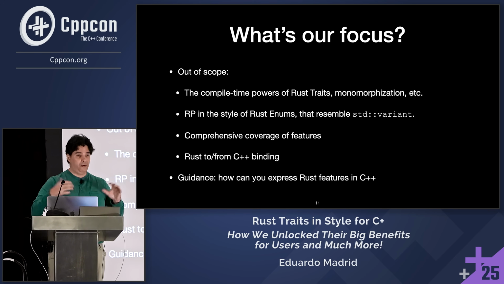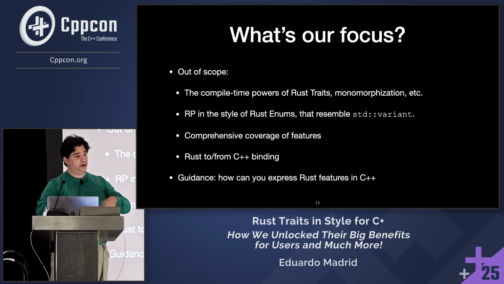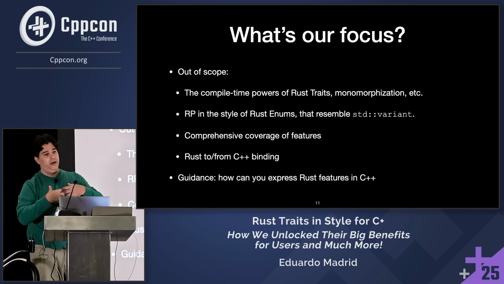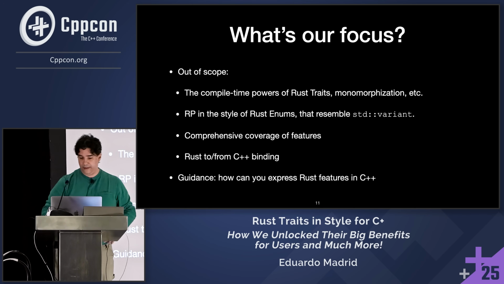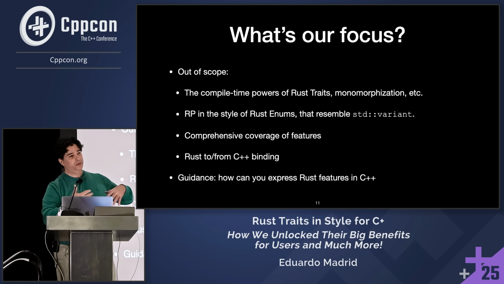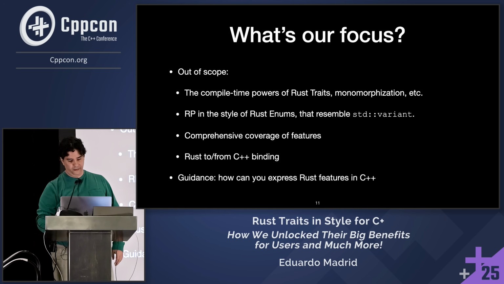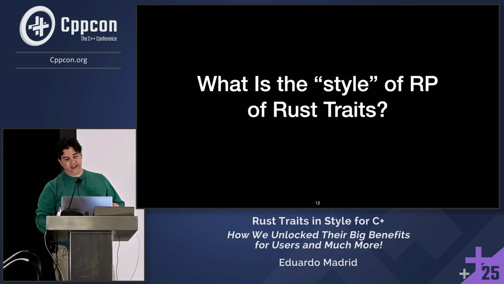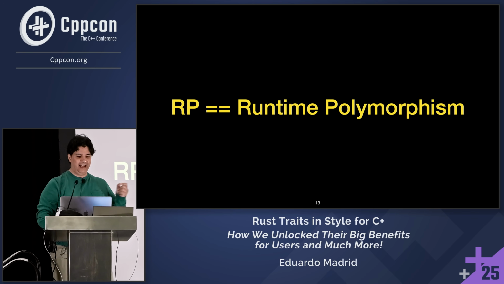Yeah, so the real focus is on guidance, on how you are empowered to do what I'm going to be showing you by example. So what I'm going to show you is just an example. The idea is that you can do it on your own with some other type erasure framework if you want. My type erasure framework, that doesn't matter. What is the style of runtime polymorphism of Rust traits? Alas, I cannot tell you